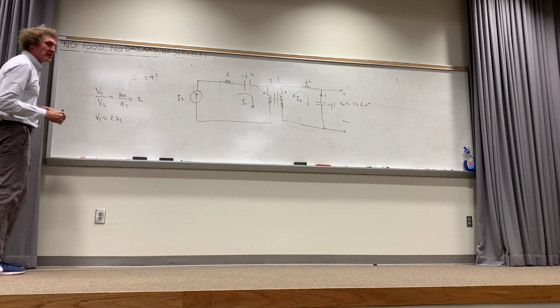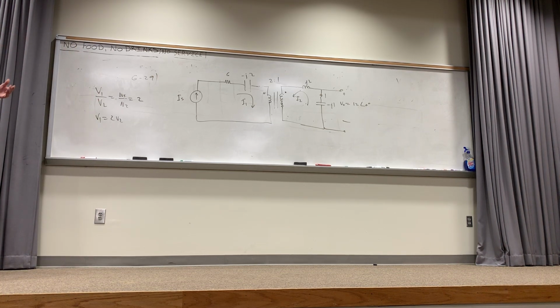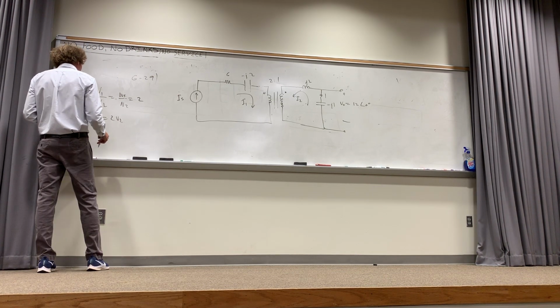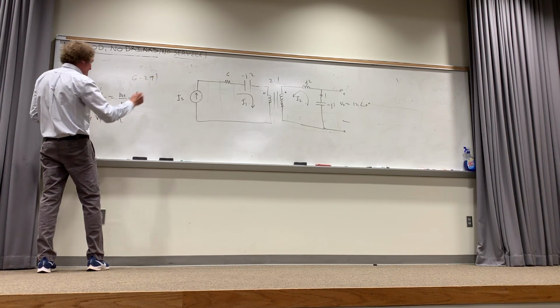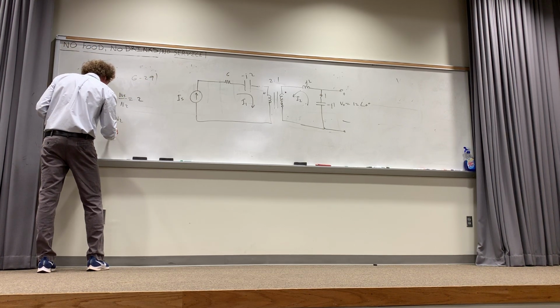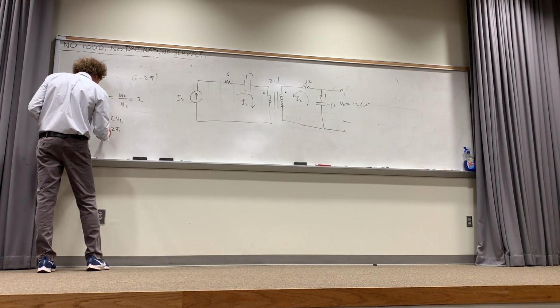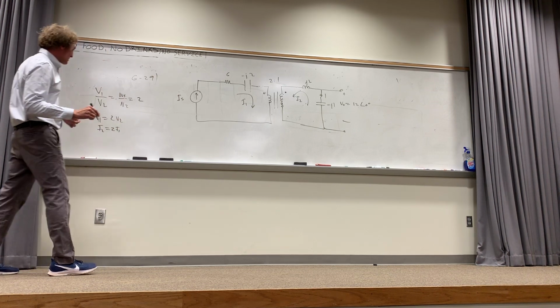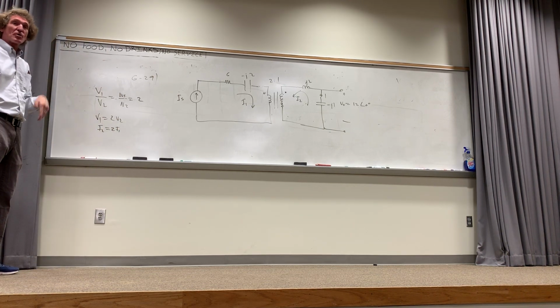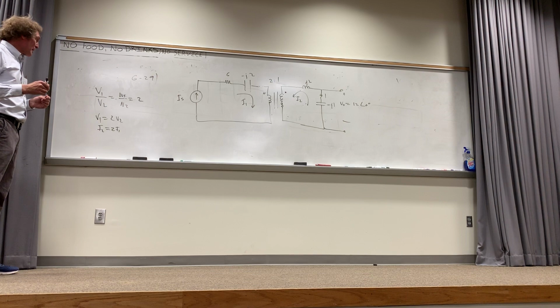And as soon as I see that, if twice as much voltage is on the primary as the secondary, I know twice as much current will be on the secondary. It's going to be 2I1 is equal to I2. All right, because of I2, less turns, more current. Think of it that way.